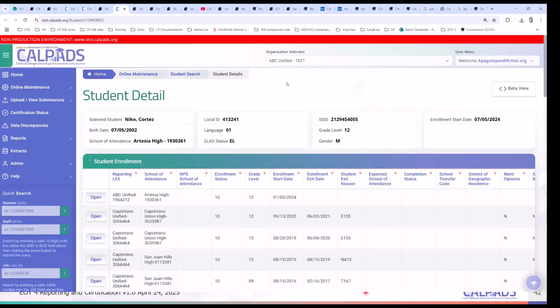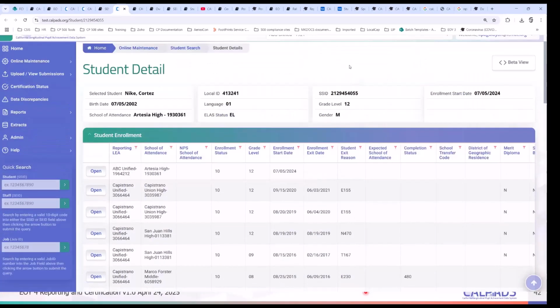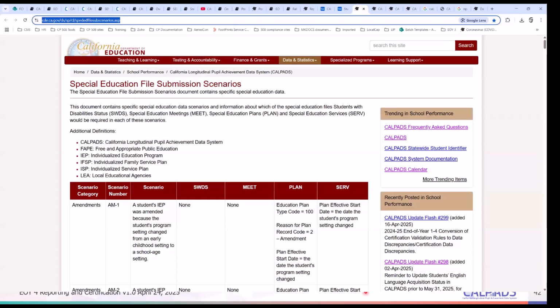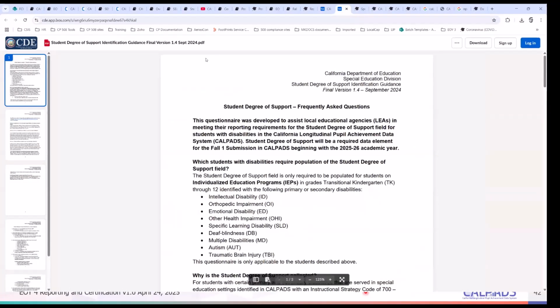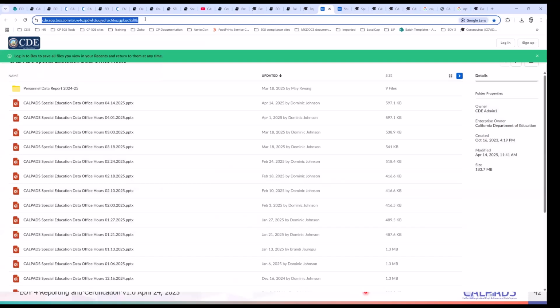Given that you're talking about 1 day enrollments, it's going to be hard to catch all of them. They're going to come and go. But I think just incorporating some type of CalPADS research in early identification for those who are actually doing the enrolling is best. And then you have different scenarios with regards to your SPED student, so you can rely on the submission scenarios. It provides you the different enrollment submission scenarios. I have all of this.